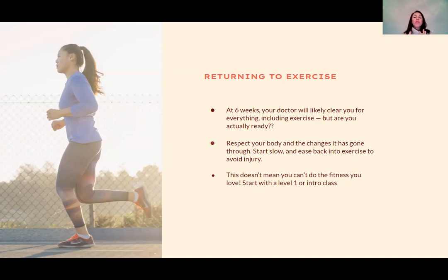Start slow. Around 3 months isn't where you jump back in either. It's when you start with increasing your impact. You've set the foundation with some of the stabilization exercises, and then you introduce impact. And then pay attention to those symptoms. Am I leaking more after I introduce impact? Do I have more pressure or pain? Those are all signs that you need to slow down and go back a couple of phases in your return